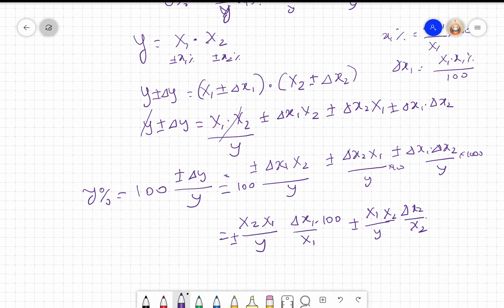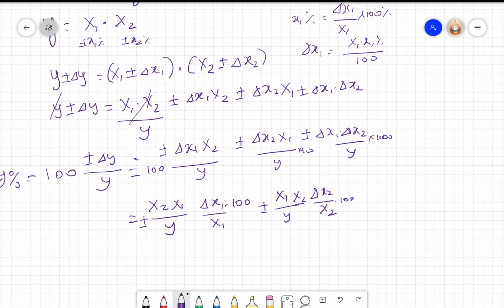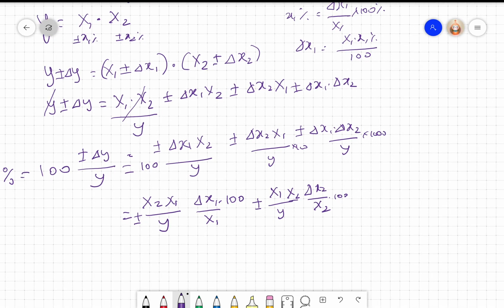So into 100. And the last one would be plus or minus delta x1 into delta x2 divided by y. I am going to put y, as we already know what is y, x1 dot x2 into 100,